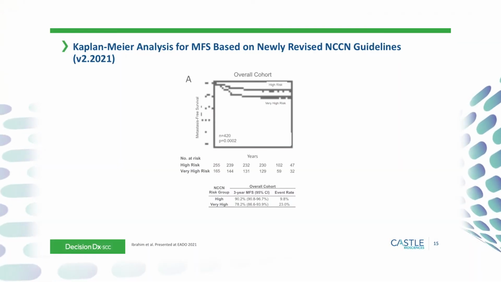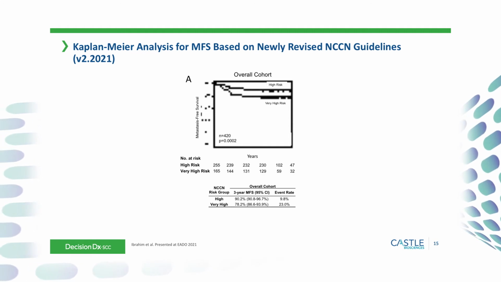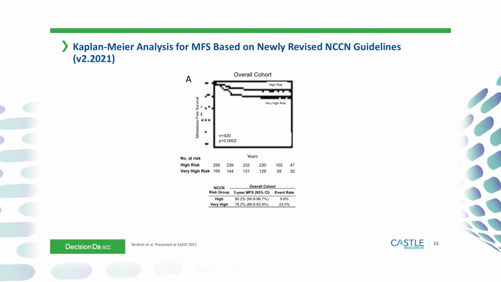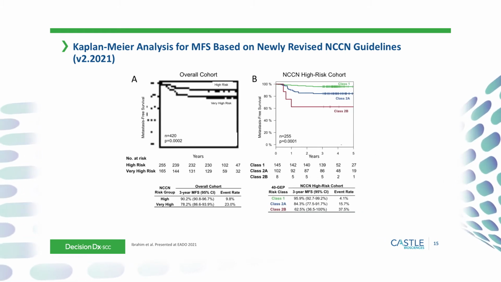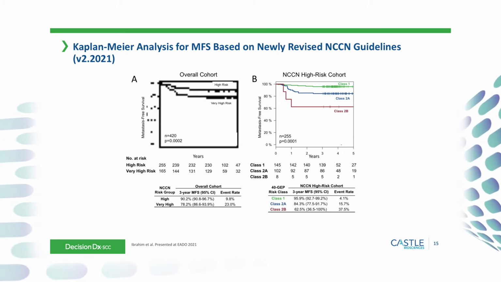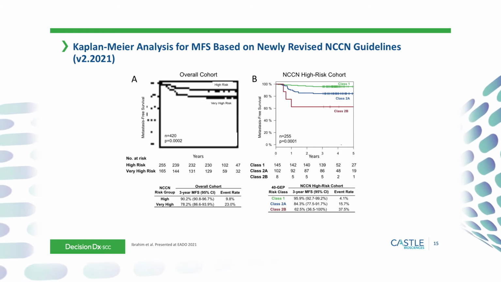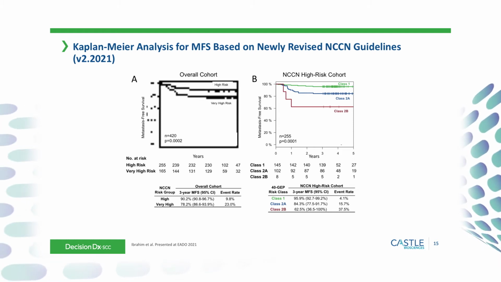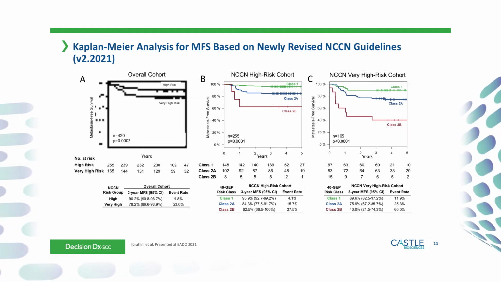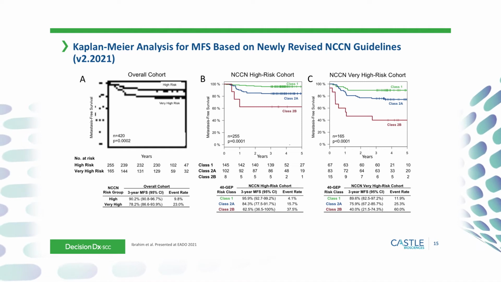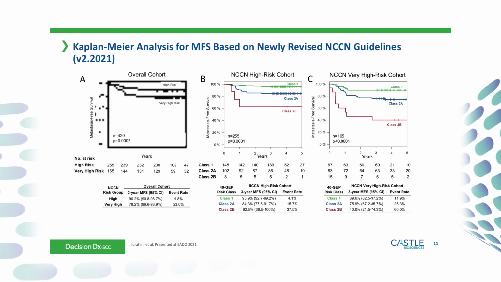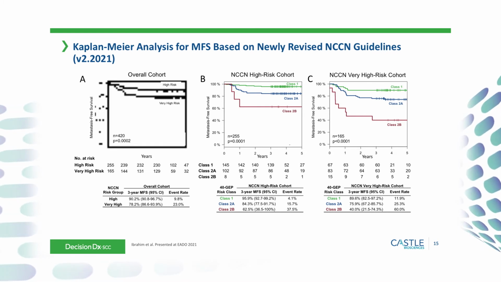So this is for the entire cohort of patients who would be determined to be high or very high risk. You can see here that if you divide out patients who are NCCN high-risk cohorts, the gene expression test is absolutely still able to predict metastatic-free survival. And then you see here, even more impressive is even in the very high-risk cohort, still very much a stratification with an excellent p-value, demonstrating that the GEP is very much still in very high-risk patients, capable of telling you,